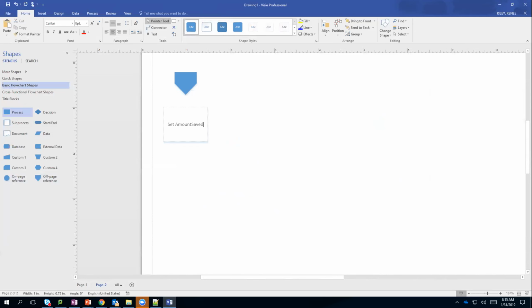Remember I told you pseudocode does not have a lot of rules and structures? Well, in our book, they do use this keyword set. So don't let it confuse you. It's never something that we'll see in the code. It's just something that we can use to make our pseudocode clearer. So I'll use it. Set amount saved to